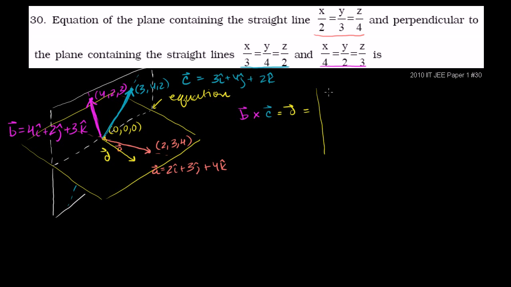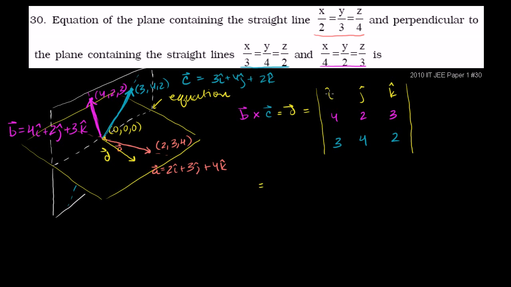the determinant of i, j, k. We explained this in a lot more depth in the linear algebra playlist. But it's the determinant of that. The next row is vector B, so it's 4, 2, and 3. And then the next row is vector C, so 3, 4, and 2. And so this is going to be equal to,